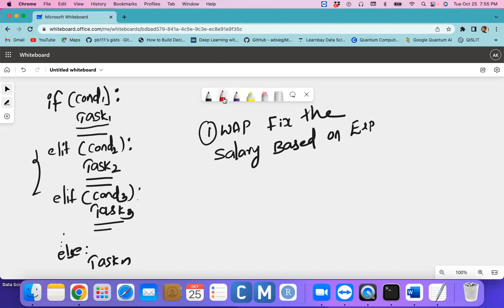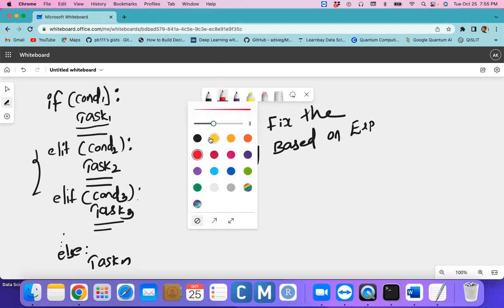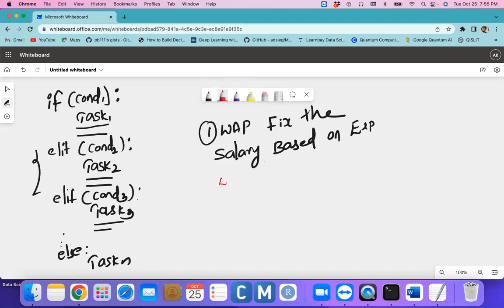Let me consider if experience is less than or equal to 2 years, that means that person is entry level, right? For example, he is getting only